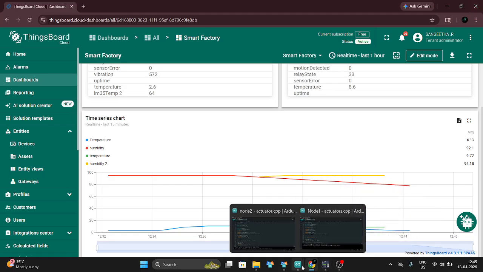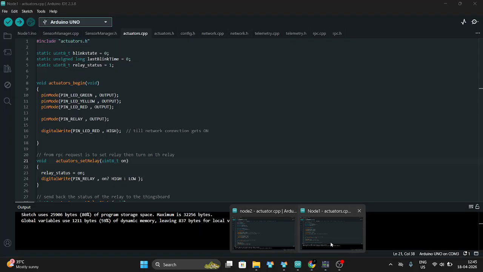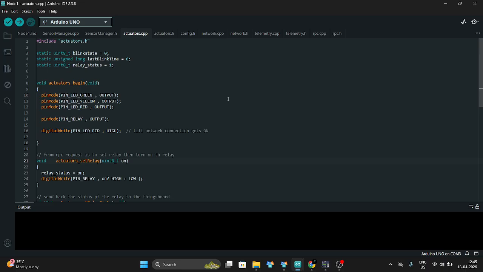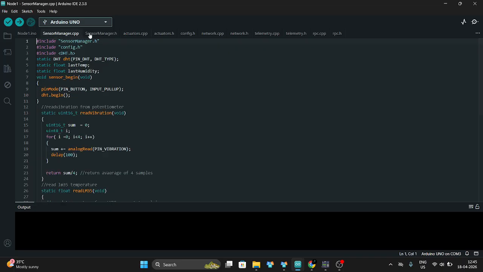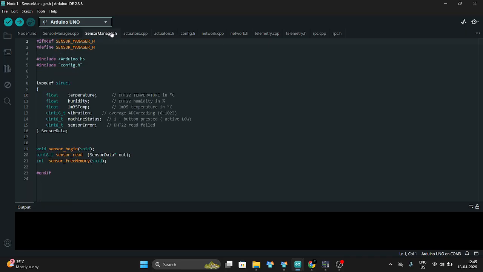We can see the code side. Now let me open the code for node 1. Here it is. Now let's explain the code for the production line node 1. The code is divided into modules so that each part handles a specific functionality. This is the sensing. In this node we can see sensor manager.cpp and sensor manager.h. These manage the sensors, including temperature and humidity from the DHT sensor, and machine temperature using the